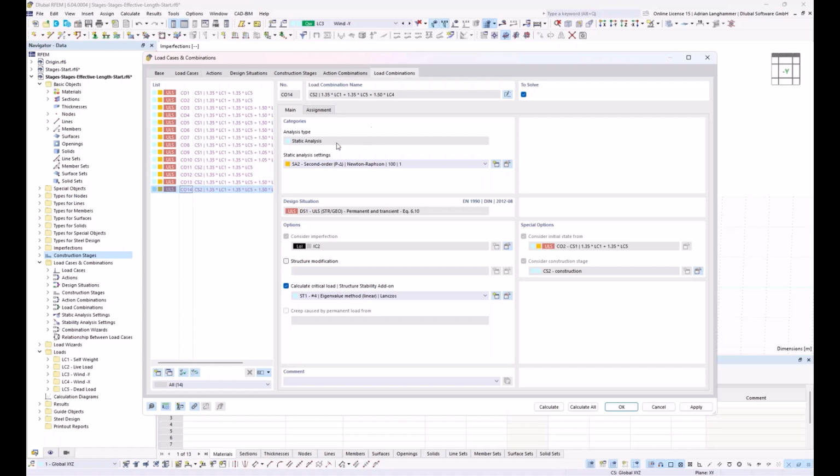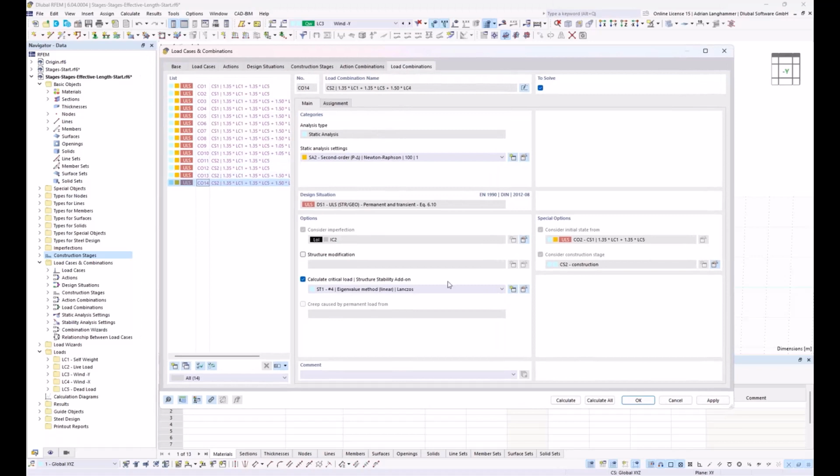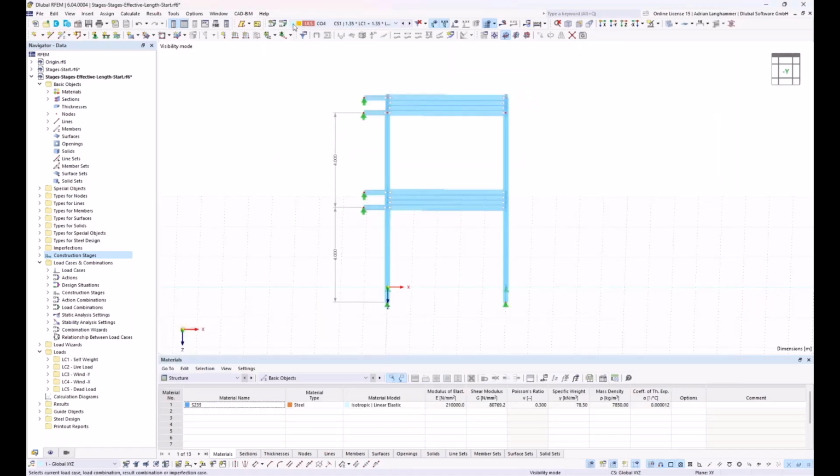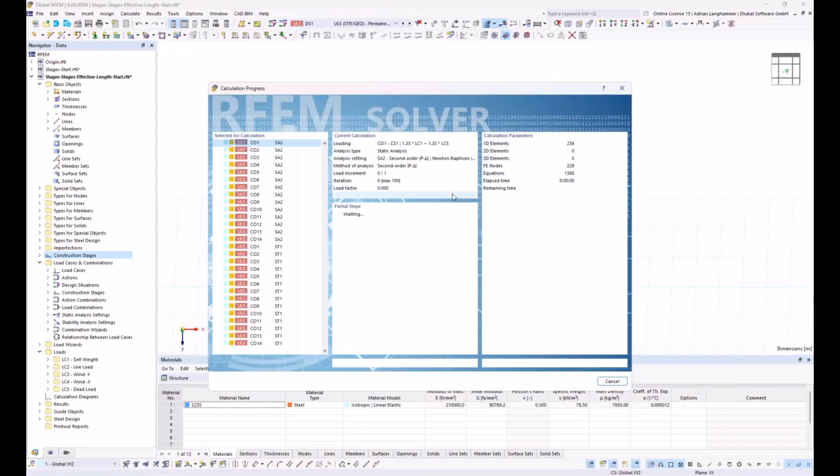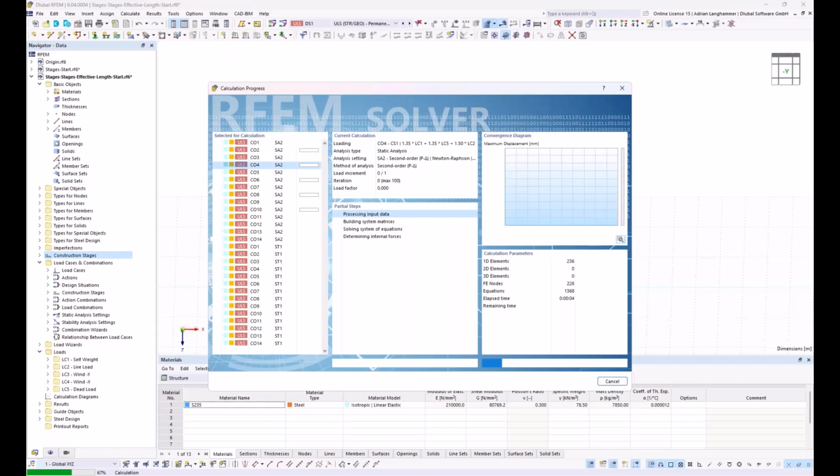construction stage 2, which is where the structure is under construction. And as I see here, for all load cases, the stability analysis is activated. So now I calculate all combinations, and then I will have a look at the results, especially I will have a look at the stability analysis,